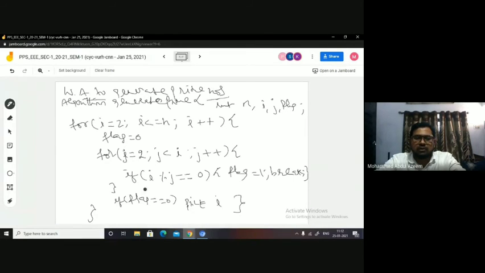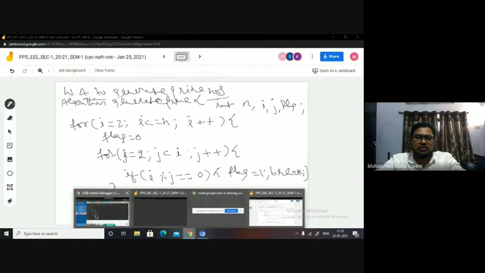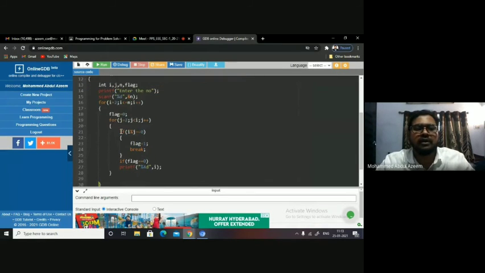When you come out of the loop, in order to know whether this condition was true once: if this condition was never true, then you will be returned 0. Only when it is never true, you say it is prime, so you will be printing it. That's how exactly it has been implemented. You can see I've taken i, j, n, flag, I've accepted the n value, and between 2 till n I've taken i, for which I need to test the logic. Before I test the logic, the flag is 0.